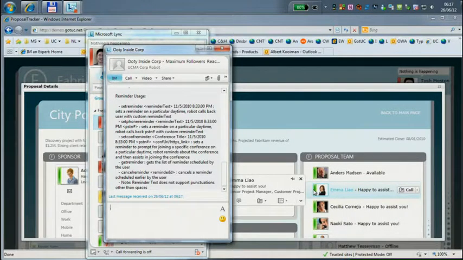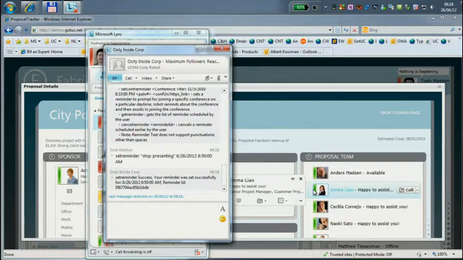So in other words, I have this query response bot that requires me to set the text exactly as it is written here. So I'm going to set myself a reminder, set reminder, and then I'm going to tell myself to stop presenting. And that's what it's going to tell me as soon as it's going to call me. And I'm going to do this on June 26th, American spelling, 2012. And I'm going to do this at 6:50 Pacific time, because this bot is running at Pacific time, AM.